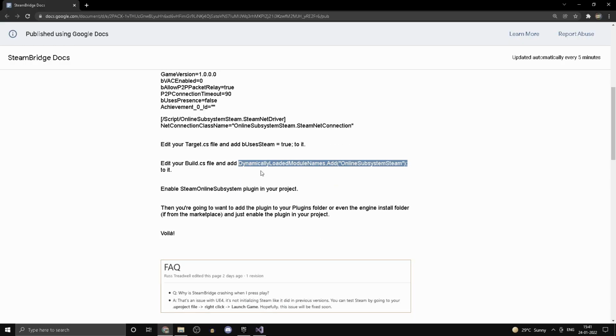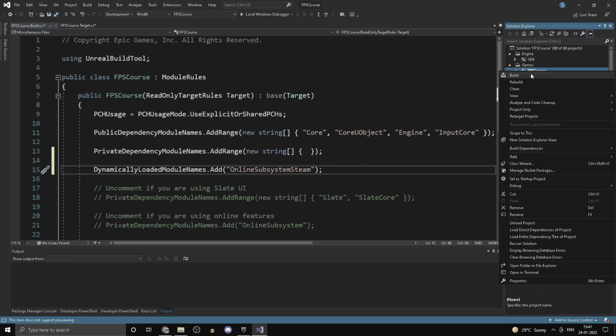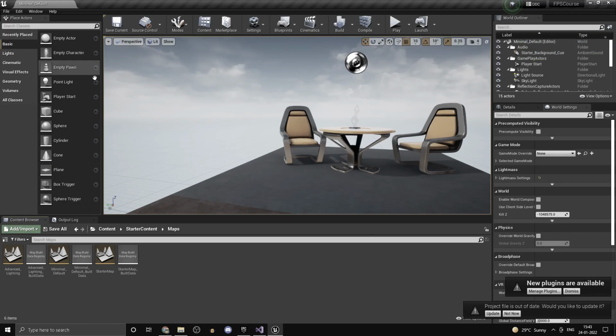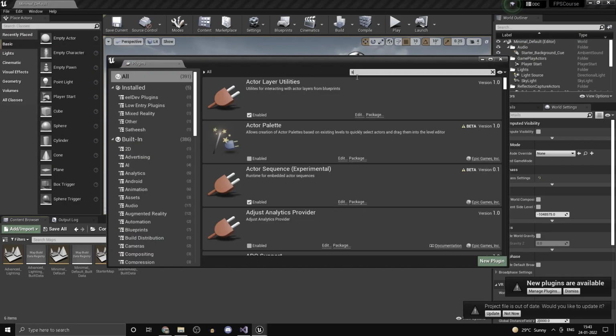and I guess that's pretty much it. So just right click and click on build, and I'll be back once it's done. Alright guys, so the build has indeed succeeded. Now head into your project, open it up and go to edit, plugins, just type in Steam